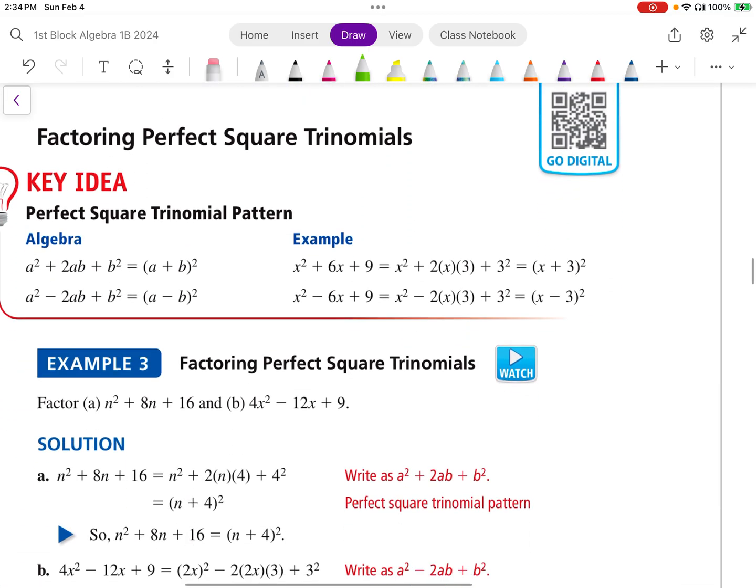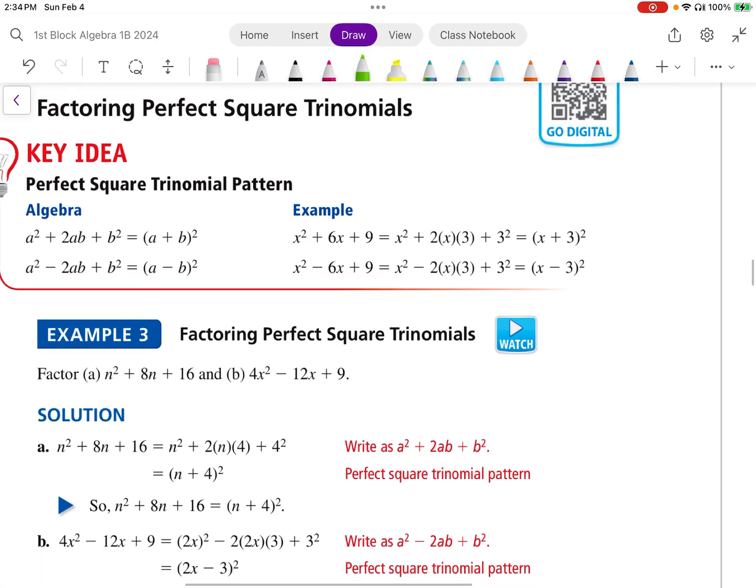All right, let's scroll down to our second special pattern, which is perfect square trinomials. So as this name indicates, we are dealing with a trinomial. You need to have 3 terms. And I know that what's here in this key idea is kind of crazy to look at and make sense of, but basically what we're looking at is